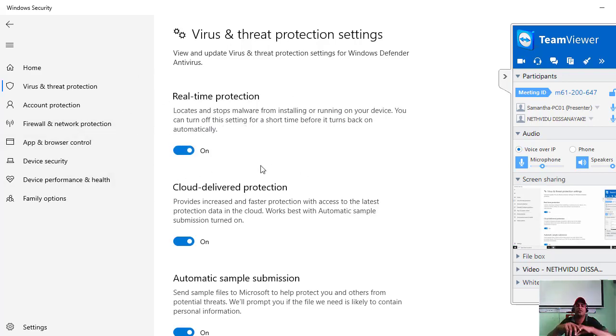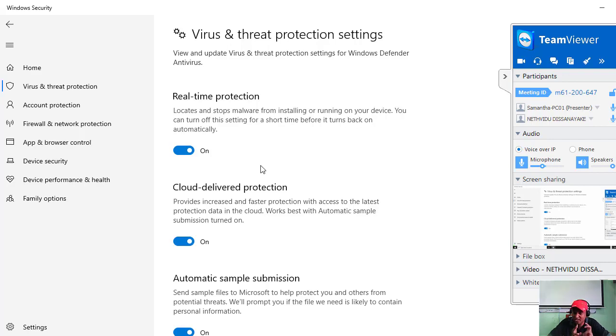That means while you are accessing the internet or doing some work, this virus and threat protection will alert you to whatever activities or malfunctions might cause damage in your computer. It runs 24/7. If your machine is turned on and exposed to the internet, it will check and alert.